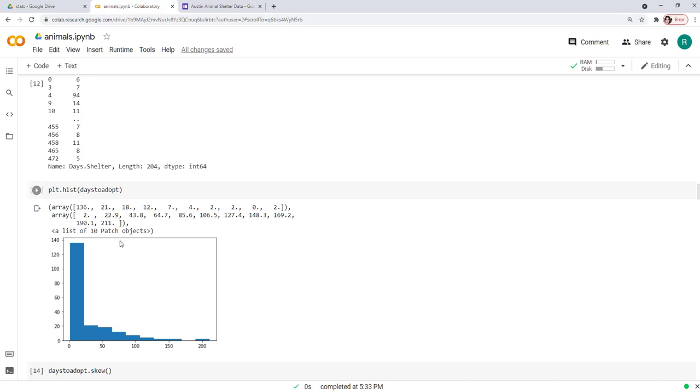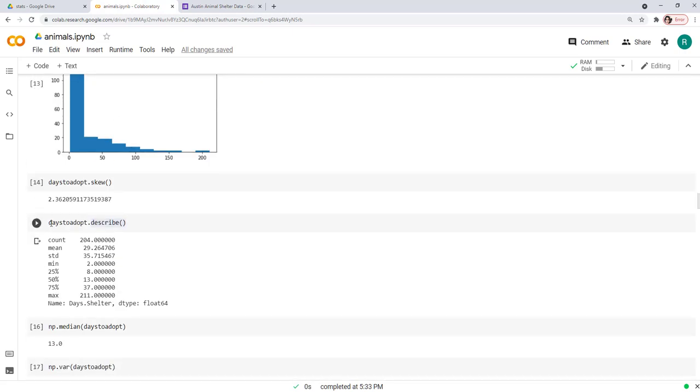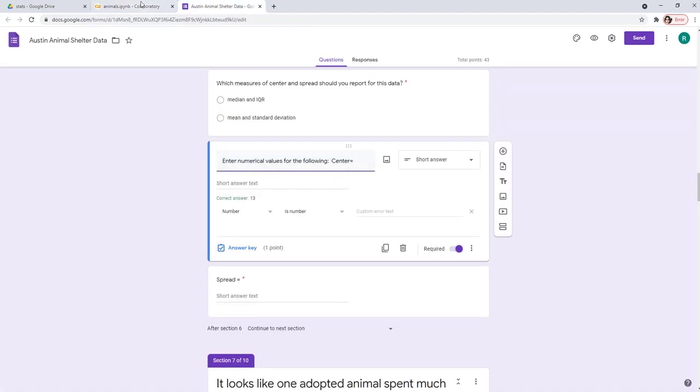So for the center, obviously if I use days to adopt describe, I will get all these values here, which is basically the count, the number of values, the mean value, the standard deviation, the minimum value, the first quartile, the median, the third quartile, and the max. So here I want to find out the center.